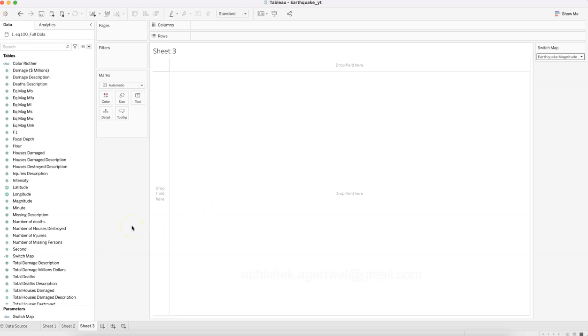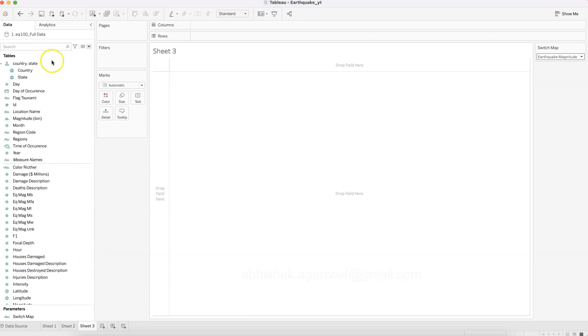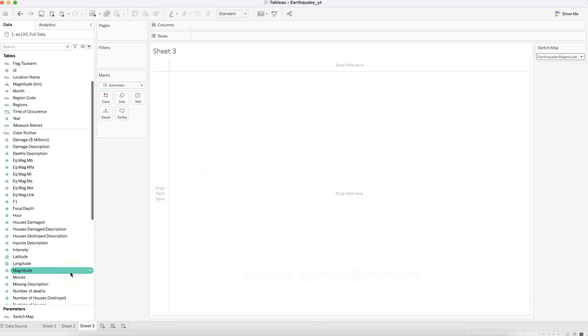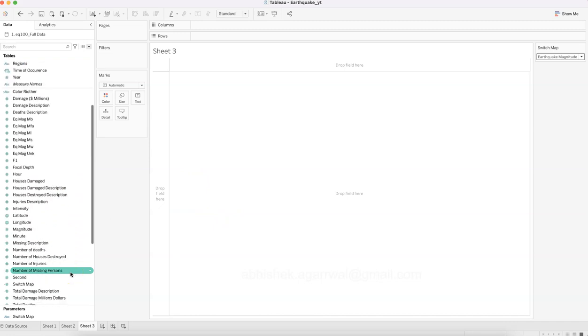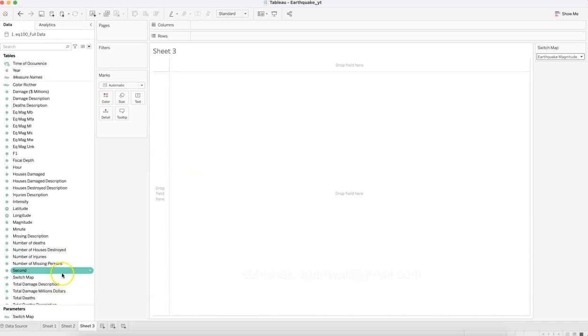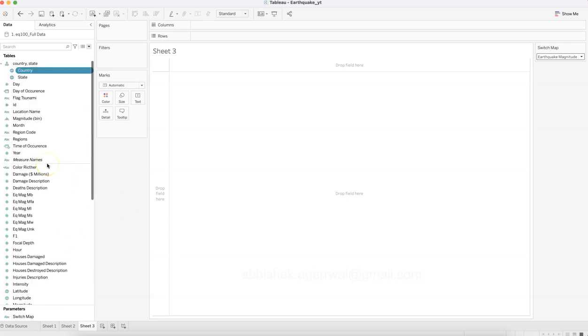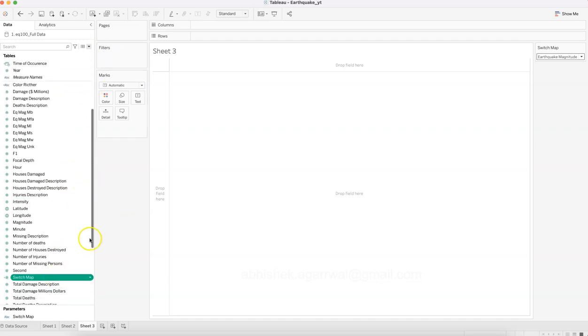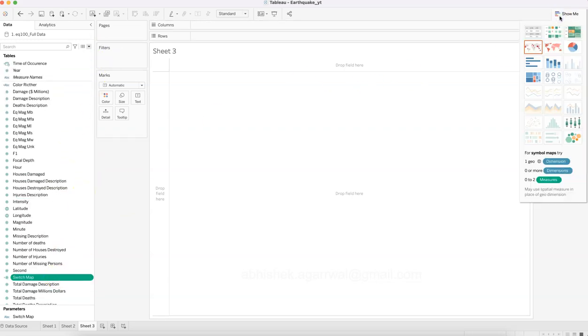Now what we are planning to use is basically the country, right? And this is based on your measure, what we are selecting. So in our case the measure is switch map, right? So I'll hold down my control key and select this. So we have country selected, we have switch map selected. I'll go into show me and I'll click over here,